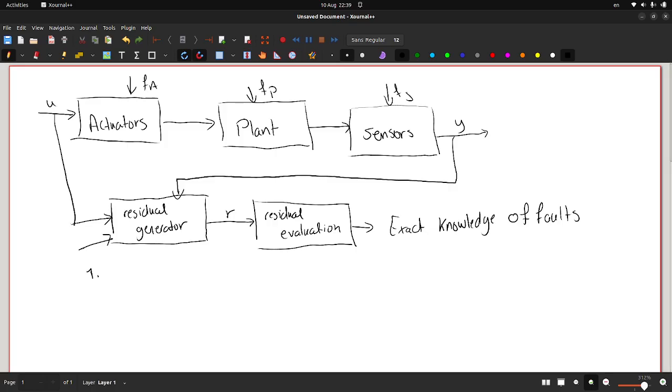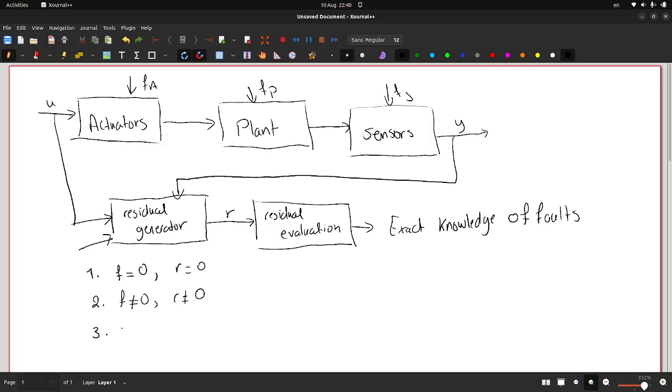The first rule is if there is no fault, if the fault is zero, then the residual should be zero as well. The second rule is if the fault is not zero, then the residual R signal shouldn't be zero as well. Third is that